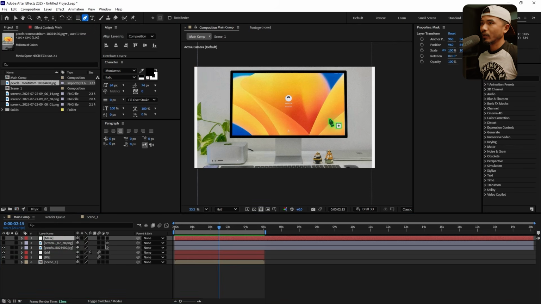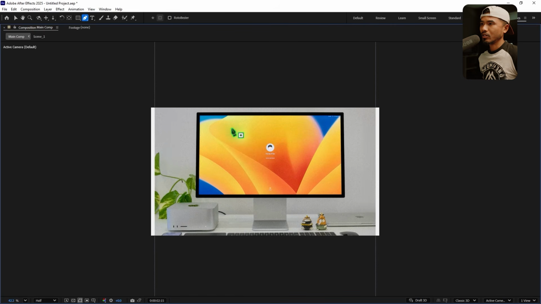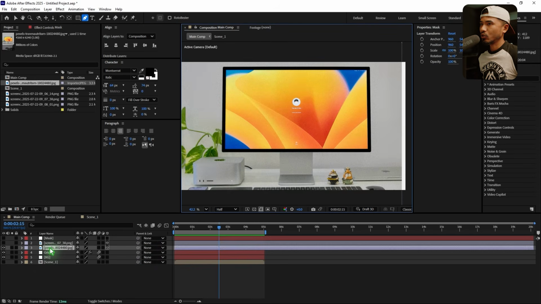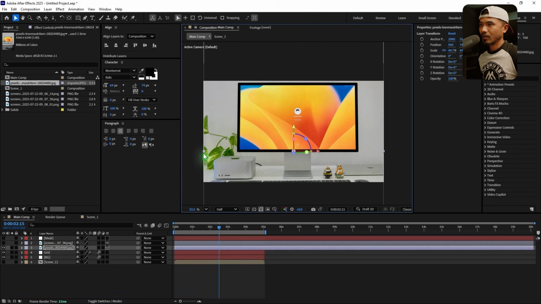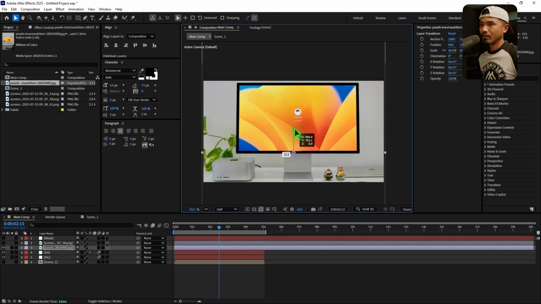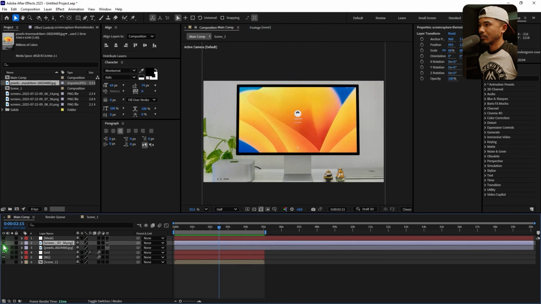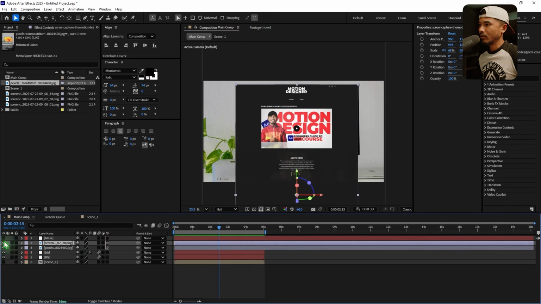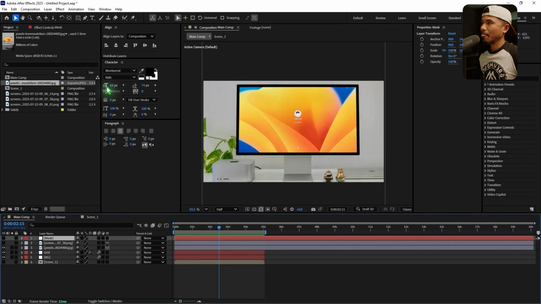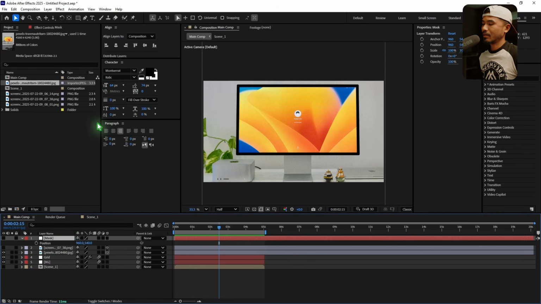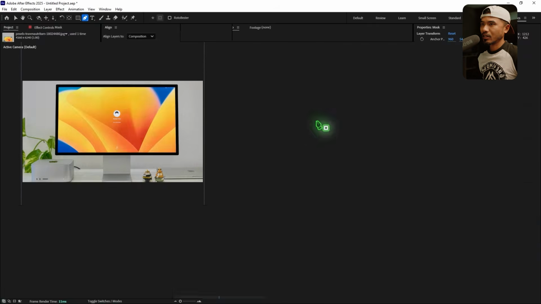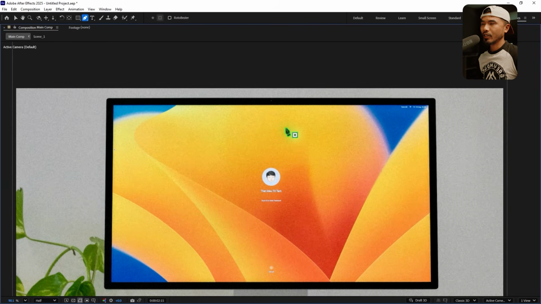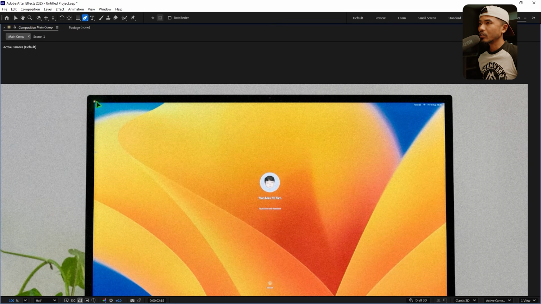Grab the pen tool and hit the tilde key on the keyboard to make it full screen. And I think I should scale this up a touch, like that. Down a little bit, and maybe I can just adjust this later on. Okay, so just select the mask, hit P, go and select the pen tool, it's G, hit the tilde key on the keyboard to bring up the full screen. And I'm just going to draw a mask